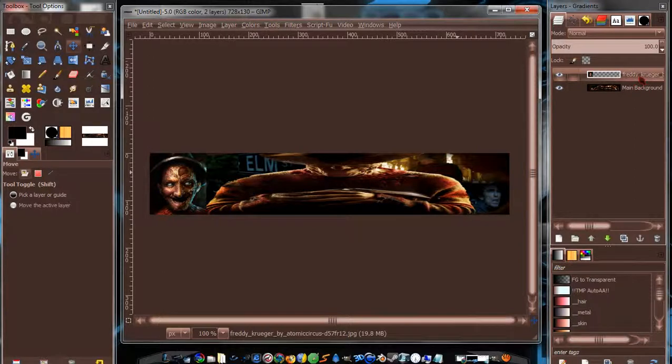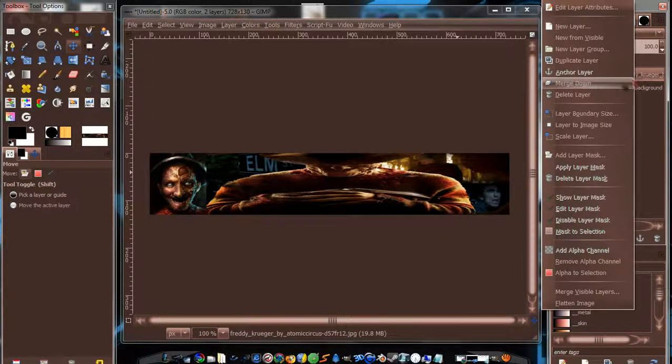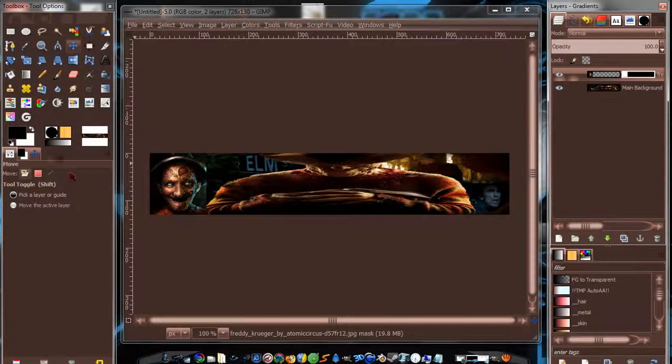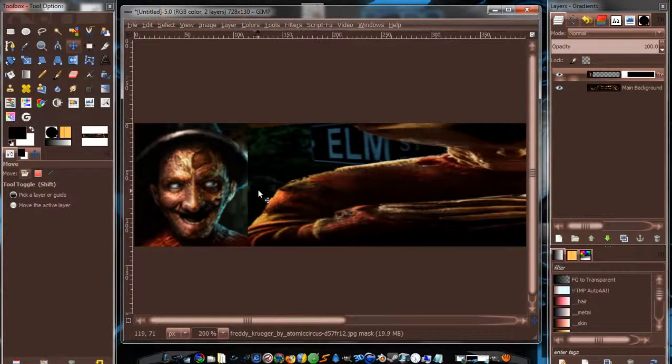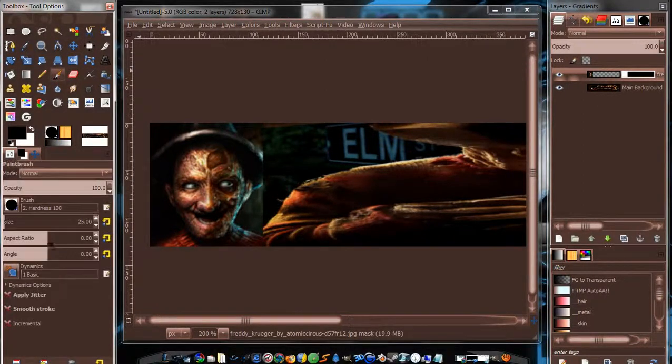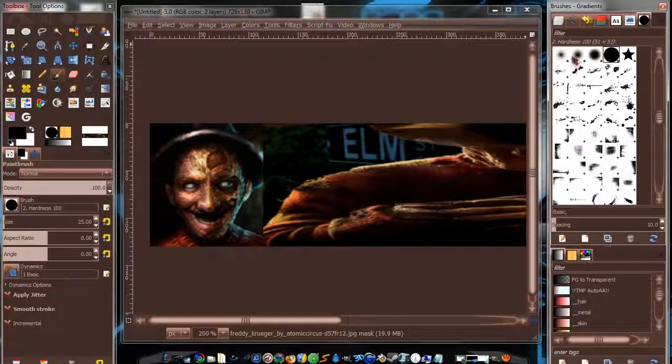So you just want to go over here, right click, and go to add layer mask, and we'll do white. And the layer mask is pretty cool and easy to use. You'll want to zoom in a little bit on your image, and you want to get your brush, and this time we're going to choose a soft brush,